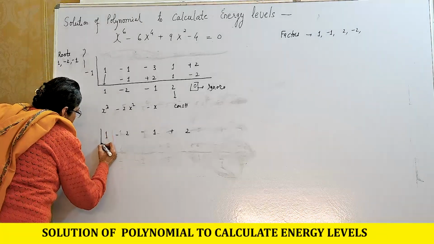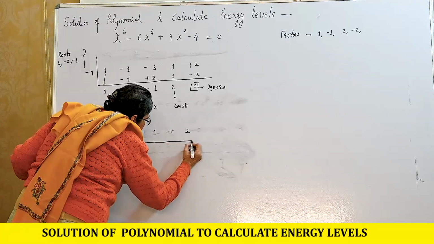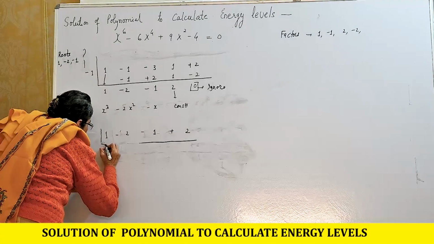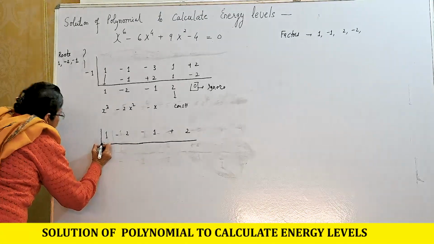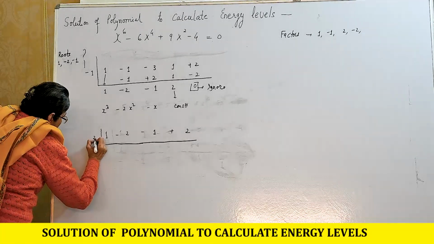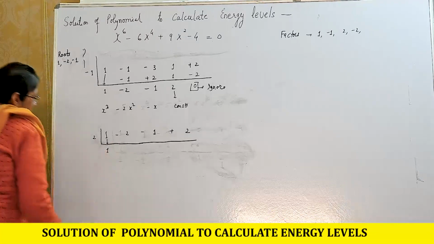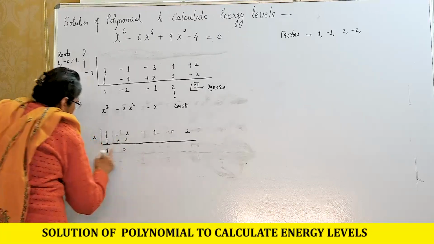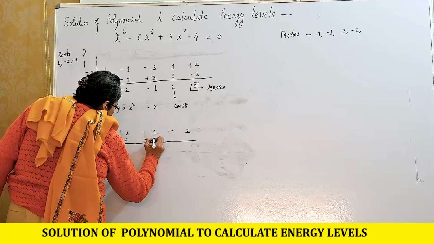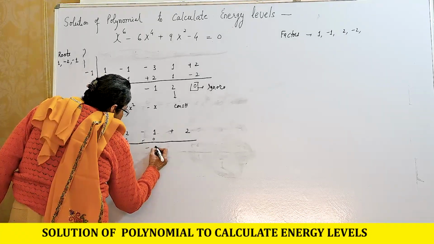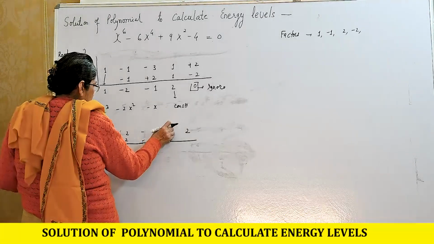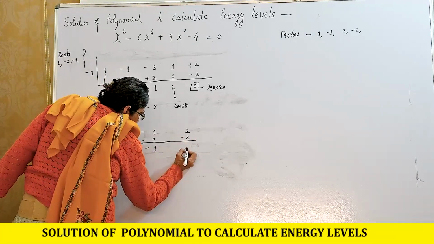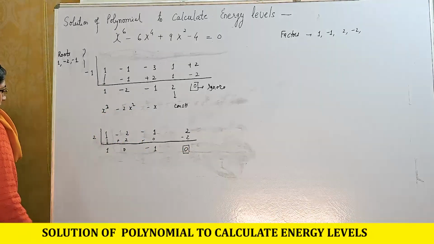Again we draw a horizontal line and taking factor 2 as such, 1 is written as such, 2, 1, it means plus 2, 0, 2, 0, minus a 0, this is minus 1, minus 1, and this is 2 minus 2, and it is 0,